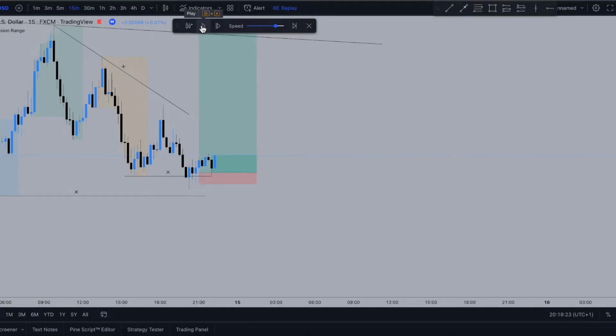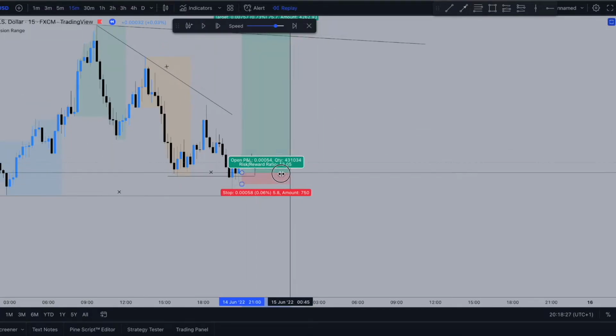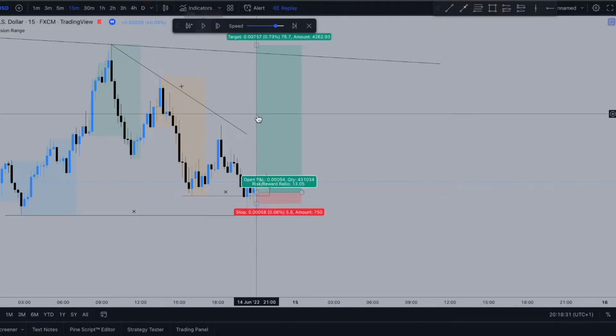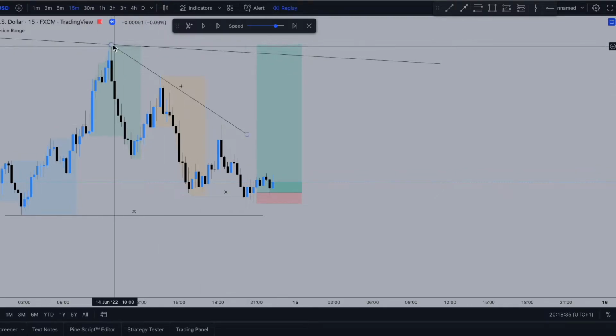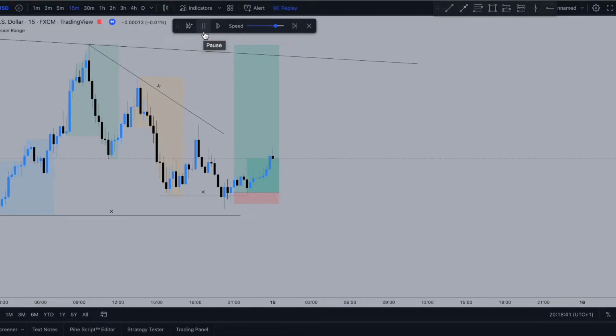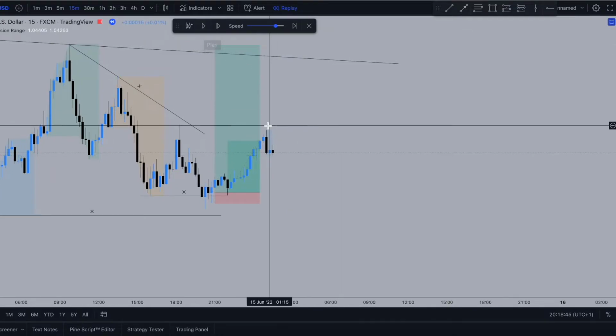Okay, it looks like we tapped into this one. So as you can see, we've been tapped into this trade, and let's see how this trade plays out. If we can take out this liquidity, liquidity on this as well, and liquidity up on here as well. Let's just see what occurs. So we're just waiting. Oh, price is finally coming up. Yep, and what has occurred?